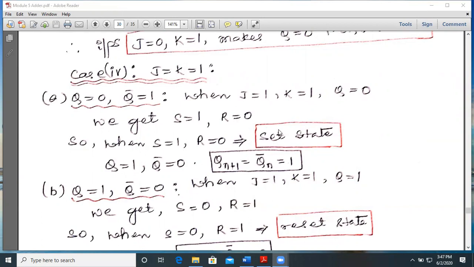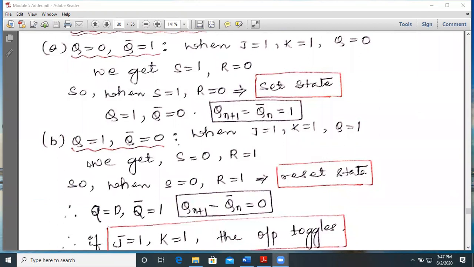So initially Q was 0. Now we are getting Q as 1. Okay, so this is called a set state. So thereby we are writing Qn plus 1, that is the present state, is equal to the complement of the previous state. That's why we have written it as Qn bar over here, which is 1. So if we assume Q as 1, okay, initially Q was 0. Now we are assuming Q as 1 and Q bar as 0. When both the inputs are 1, 1,